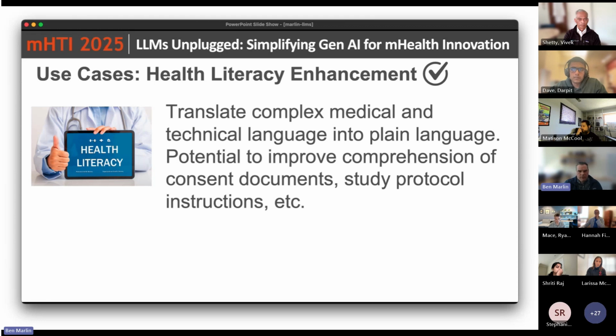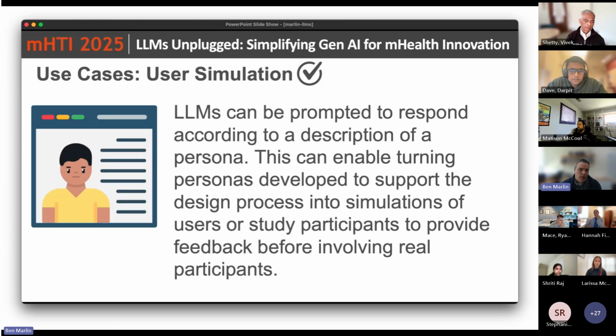So this has the potential to do things like improve comprehension of consent documents when you're looking at putting together IRBs, study protocol instructions, and other kinds of documentation. So there's well-defined notions of different levels of health literacy, and the ability to target those levels using these kinds of English to English translations, if you will, is something that these models are able to do now. So you would still want a verification process where you plug in with a prompt what you're looking for and then verify and potentially further edit the output to ensure that it's correct and hasn't dropped any important details. But that's a ready-to-go application for this technology currently.